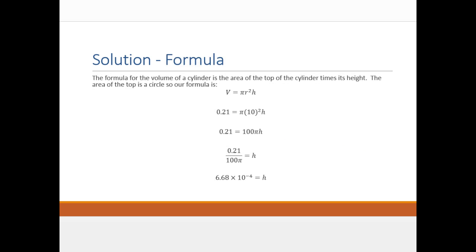The formula for the volume of a cylinder is the area of the top times its height. The area of the top is a circle, so it's pi r squared times h. So our formula is V equals pi r squared times h. We're told the volume is 0.21 cubic centimeters. We know the radius is 10. So I have 0.21 equals pi times 10 squared times h. 10 squared is 100. So h is 0.21 divided by 100 pi. And here's where you're going to have to use your calculator to do the math, and you're going to wind up with a nice scientific notation of your height being 6.68 times